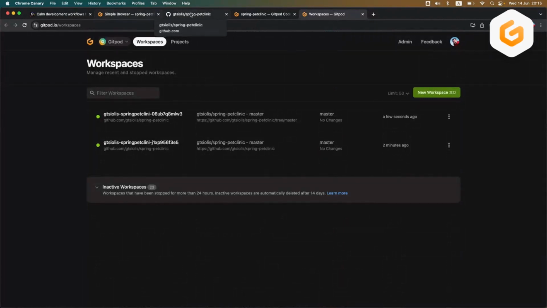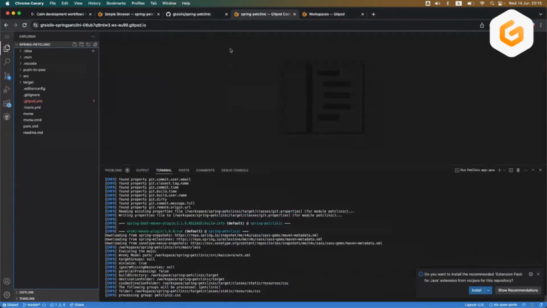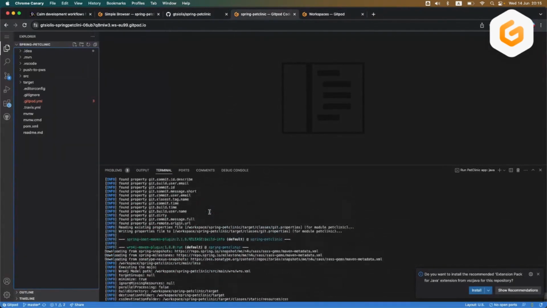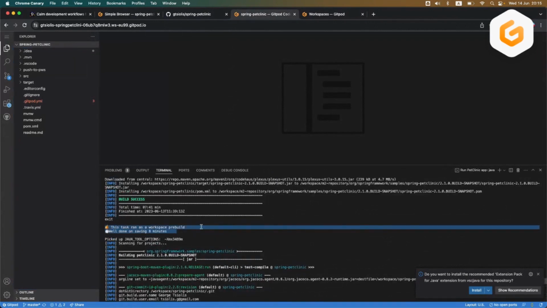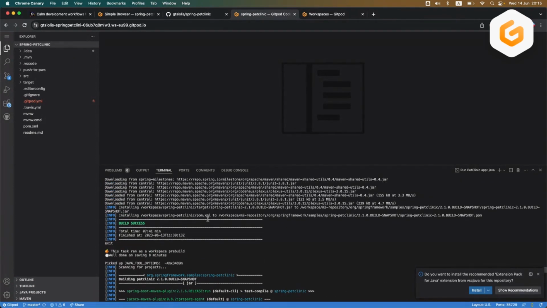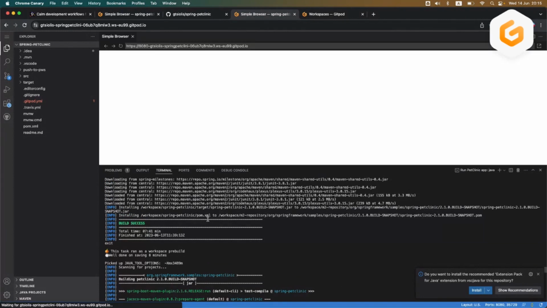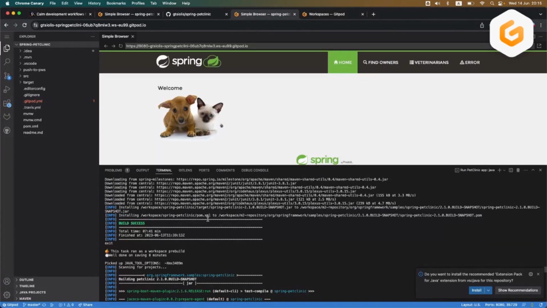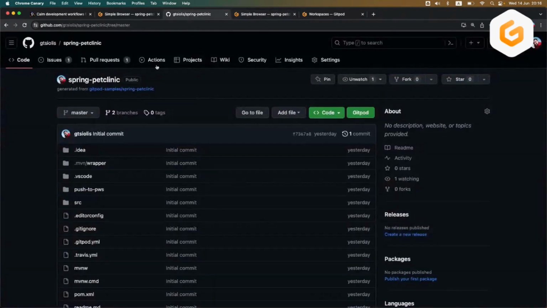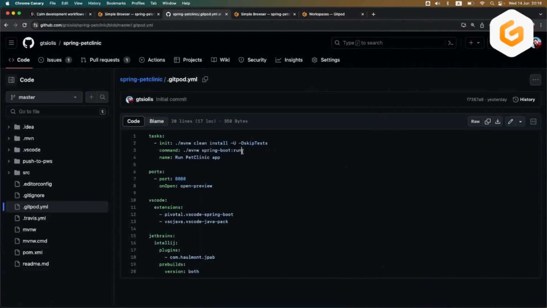And the other concept is about the pre-builds I talked about. If I'm here on the second workspace I open, and if I scroll a bit up, you will see this small note which says we save 8 minutes on waiting for the project to build. Usually when you check out the repository and try to build your project, it takes 8 minutes to download all the dependencies from Maven, etc. In this case, for every commit, this pre-build runs in the background. So when you open a workspace, you no longer have to wait for this. You just run the command you need, which in this case is Spring Boot run, if I can show this again here. This is the command, which automatically runs.